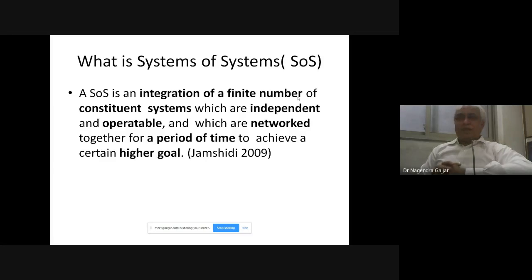Suppose I'm giving you an example. I have a farming system. So I have a human resource management system. It is independent of my transportation. It is independent of my marketing. It is independent of my managing the resources, right? So they are independent, number one. Number two, they are operatable, right? They can be operated individually. But definitely they need to be networked together for a period of time to achieve a certain higher goal. So in my farming system,